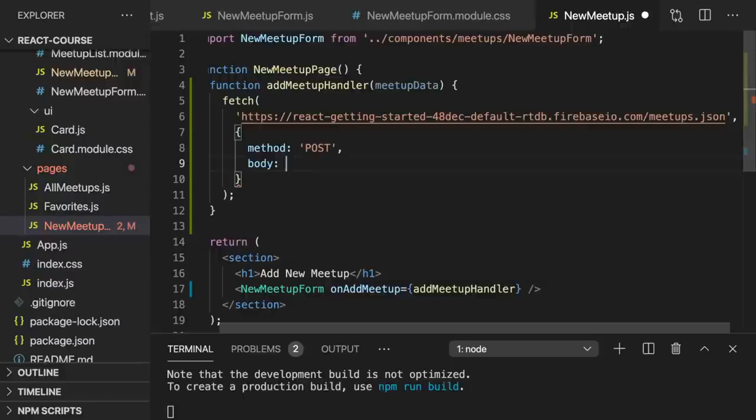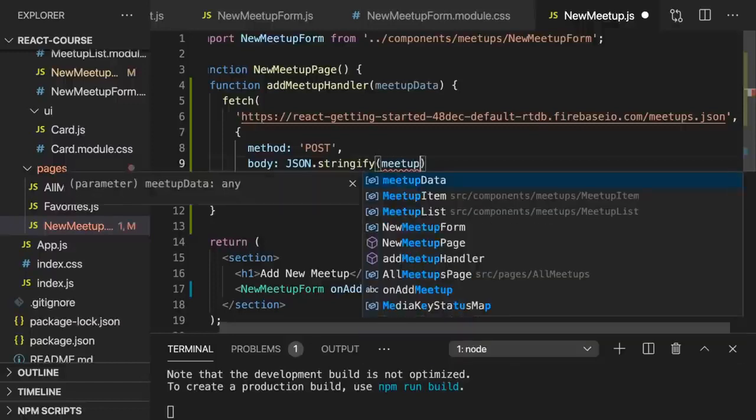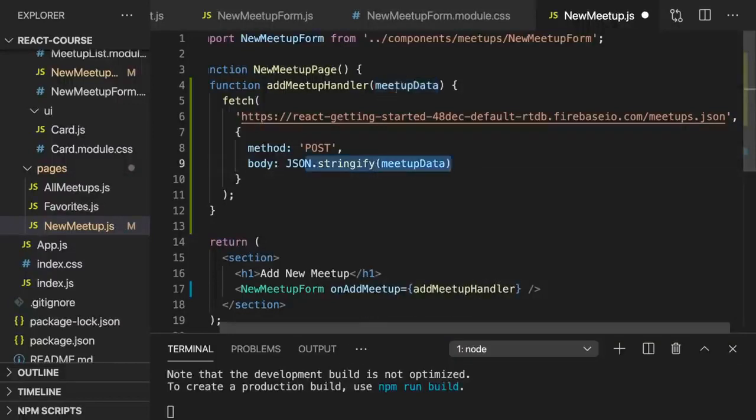And in JavaScript, we can easily create JSON by using the built-in JSON object and calling the stringify method. And to stringify, we can pass default JavaScript objects or arrays or values in general, and they will be converted to JSON. So here we could pass our meetup data object, which we're getting as a parameter, as an argument